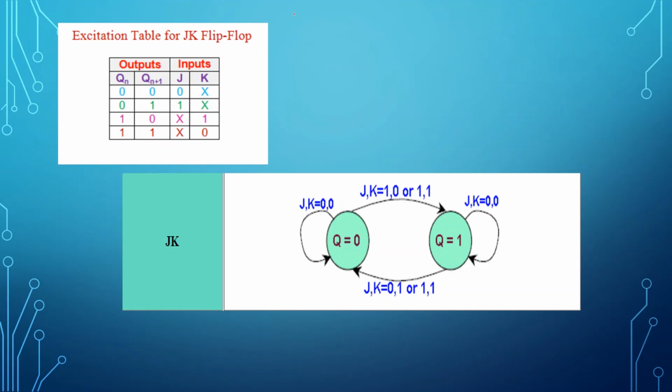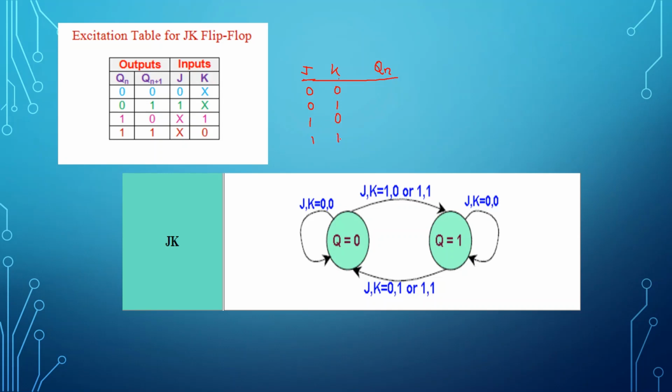JK flip-flop. As I said earlier, I'll be taking a JK flip-flop. So let's see the truth table of your JK flip-flop. It has already been given here, but for reference purposes, let me write it down again here. So this is QN. Let me write the truth table. Okay, so this is 0, 0. This can be 0, 1, 1, 0, and 1, 1.